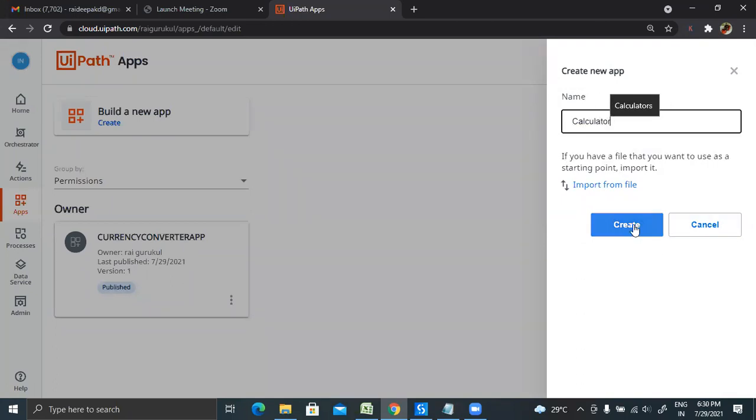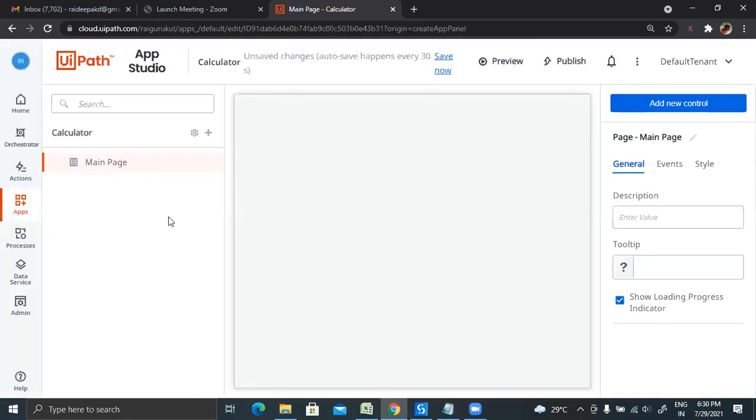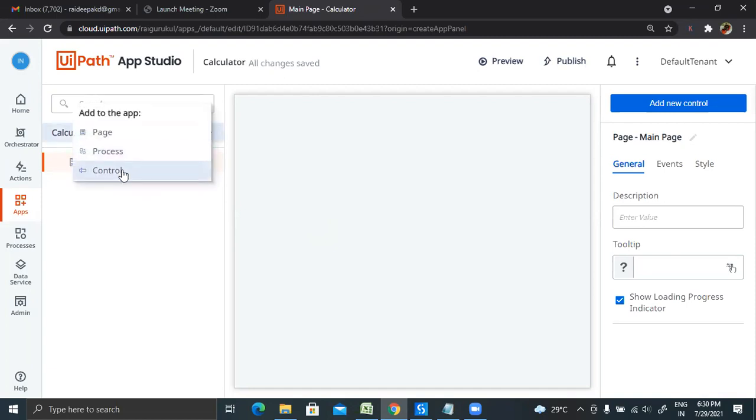we are giving here just a calculator app, and now it will navigate us to the main page where we will design our application. Here you will find separate tabs are available. You can add different pages, processes and controls. It's totally dependent on your requirements, which type of application you're creating. For me, it's a single page application, so I can manage all these contents here,